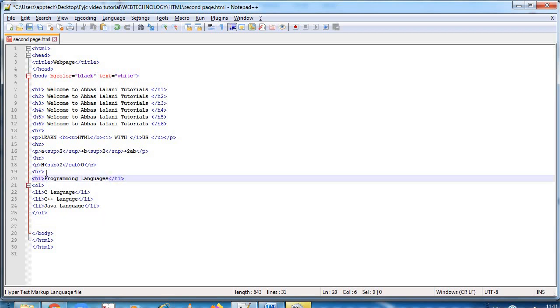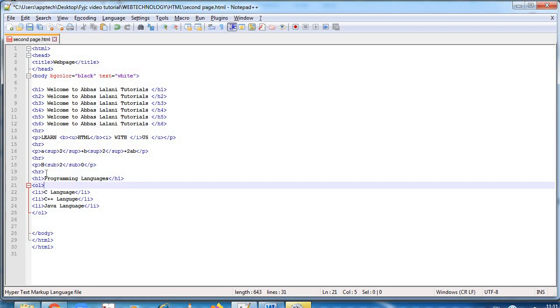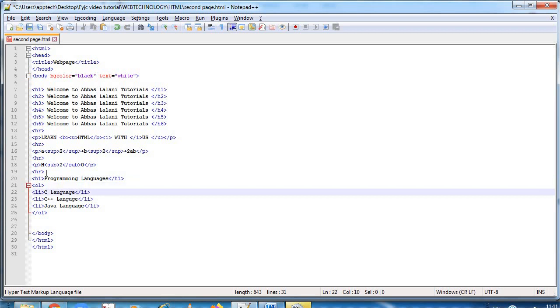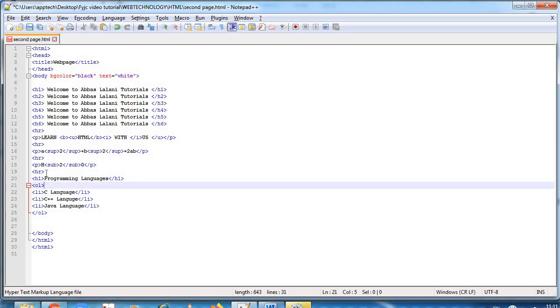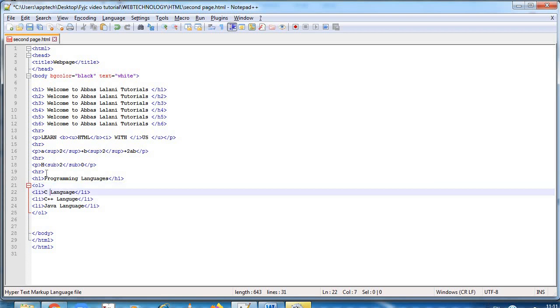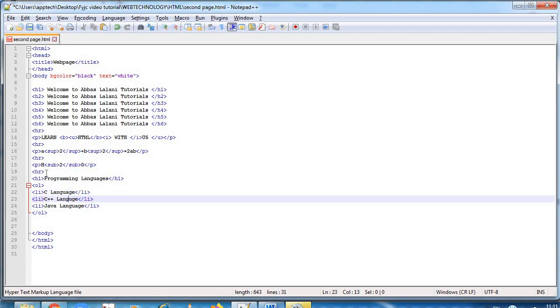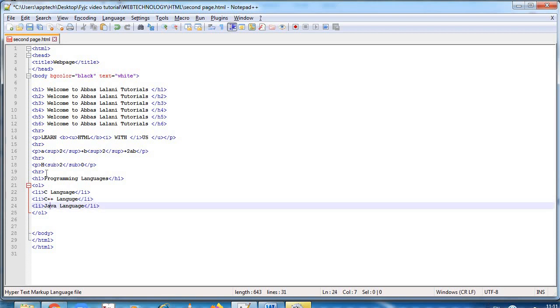Now in heading 1 I have written programming language. In the ordered list I have written list items. Always in an ordered or unordered list, list items are there. So in list items I have written all the programming language courses. C language, LI open, LI close. Then C++ between LI, LI close. Now Java language, LI open and LI close, and then OL open and OL close.